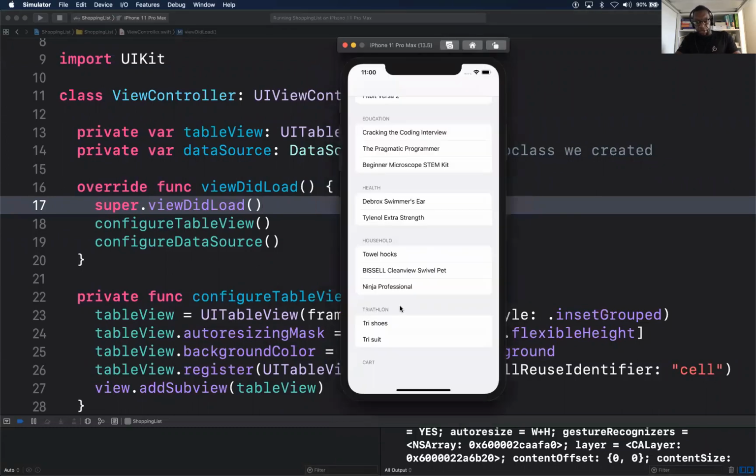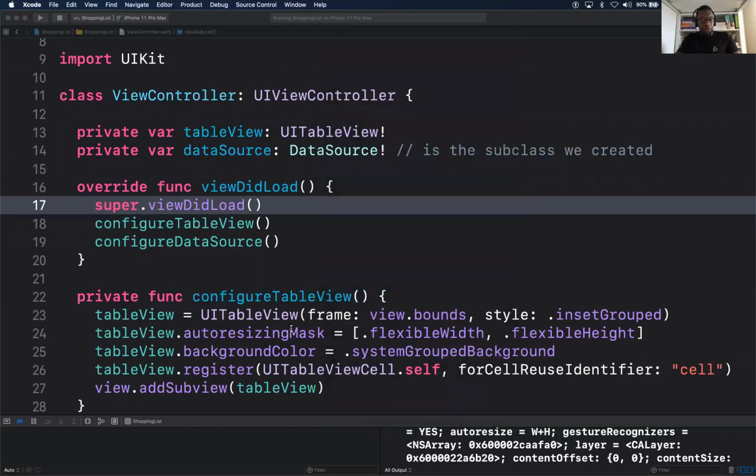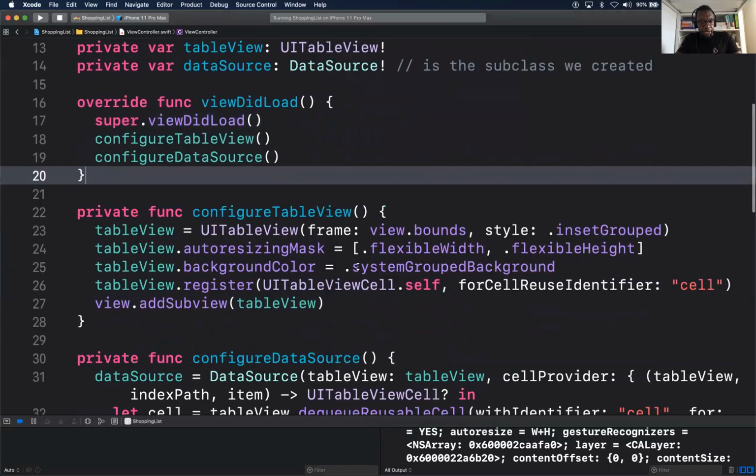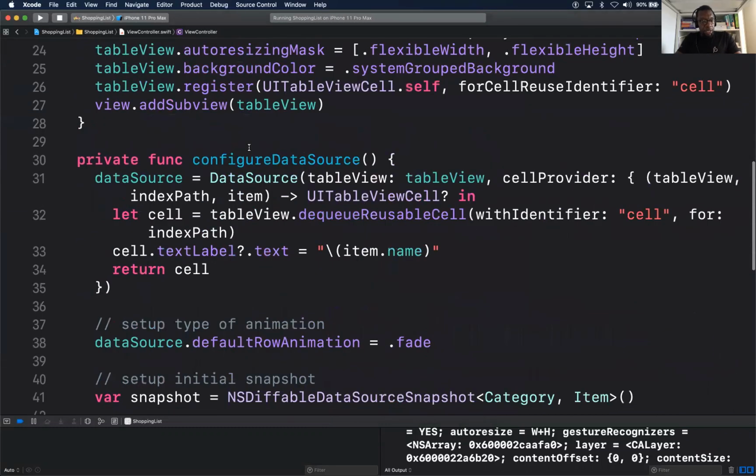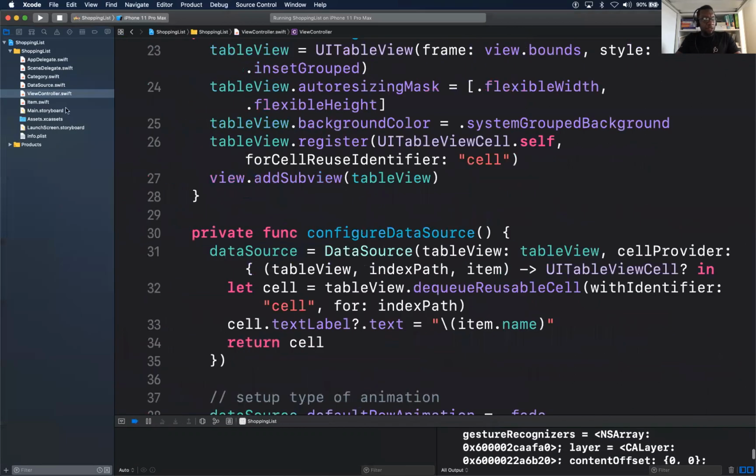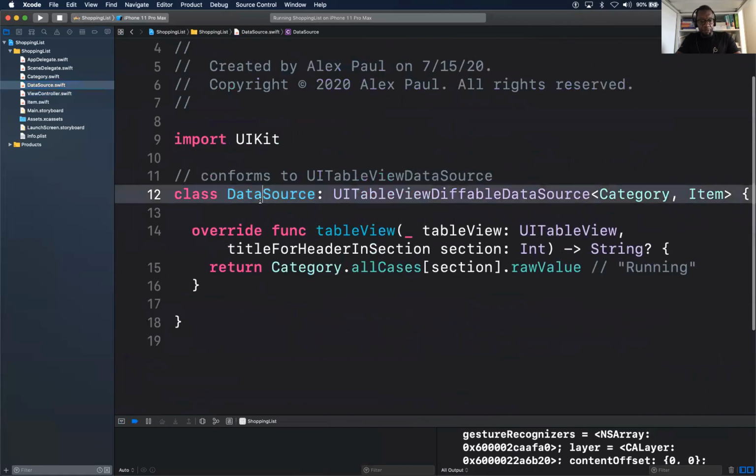And for the cart, I think I want to add a shopping cart here. So let's go ahead and do that. Go back to our data source class. Is it here? Yeah, here. Let's do it here.